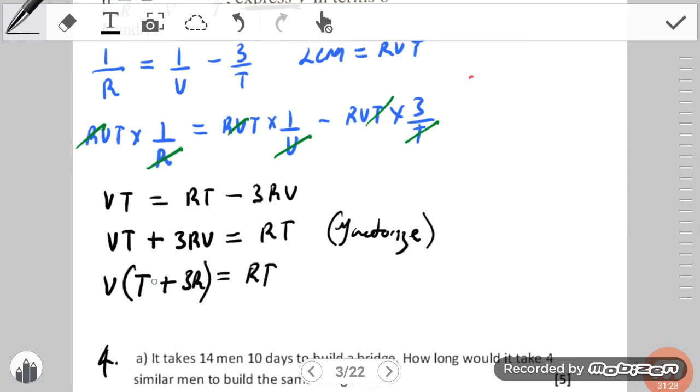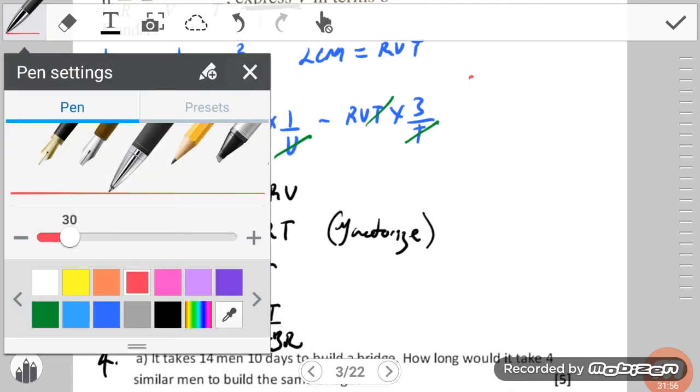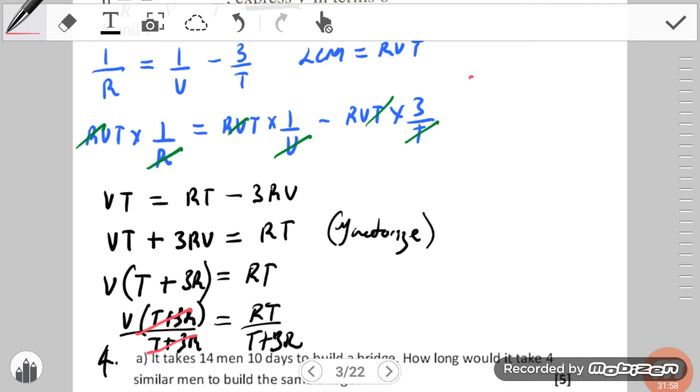So since T plus 3R is multiplying my subject, I'm going to have to remove whatever is multiplying my subject by division. So I'm going to have V times T plus 3R divided by T plus 3R, that's going to be equal to RT divided by T plus 3R. I'm dividing both sides of the equation by whatever is multiplying my subject. That now allows me to cancel out whatever is multiplying my subject. And now what I'm left with here